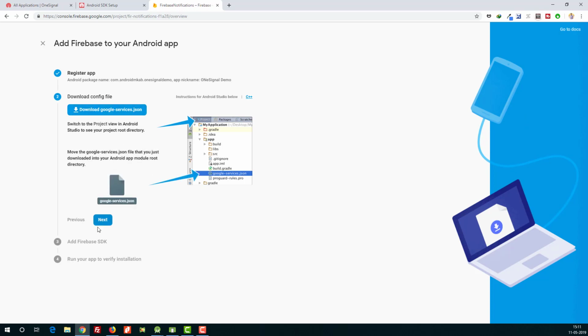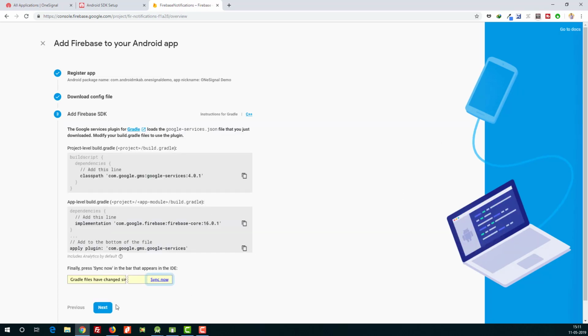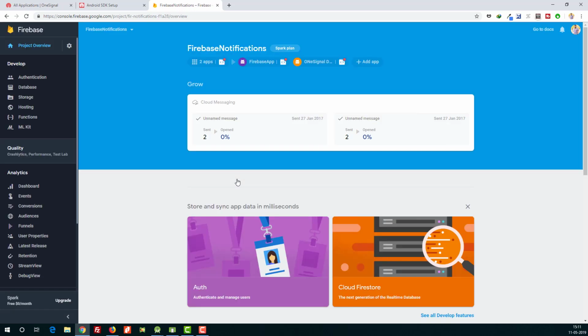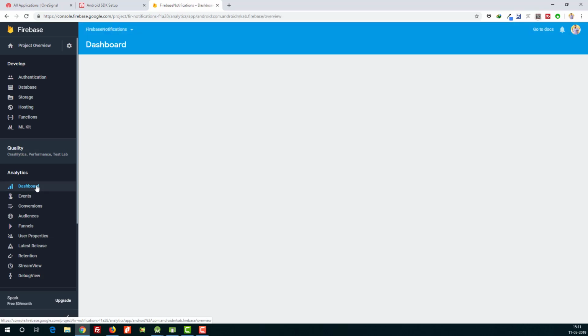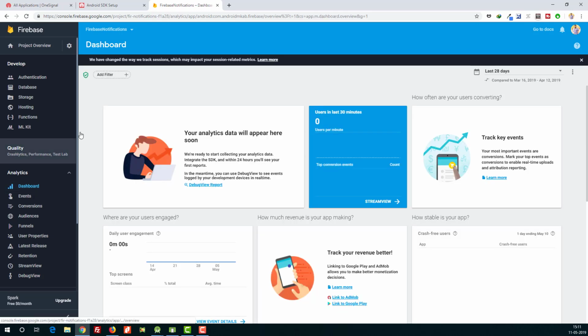Okay, you don't need to download this google-services.json. Just click on next, then click on next, then click on skip this step. Okay, after this click on dashboard. Then you can see here project overview. Beside that there is a gear icon, settings icon. Click on project settings,